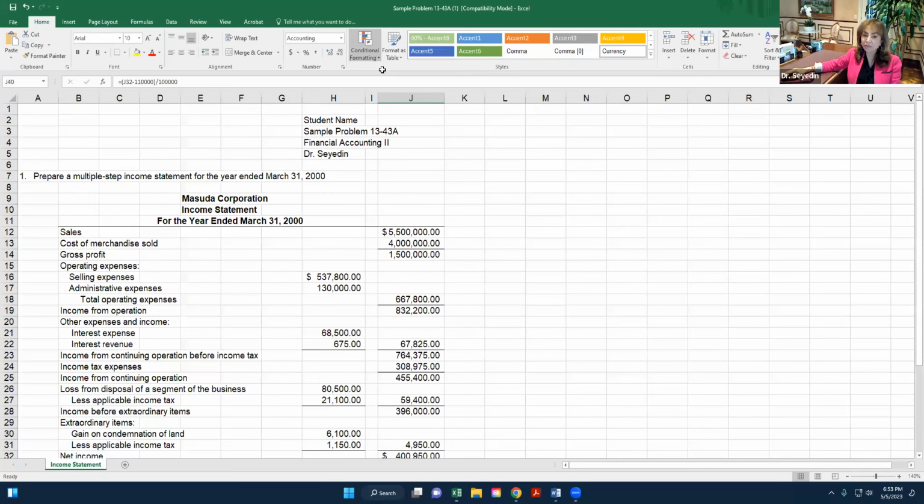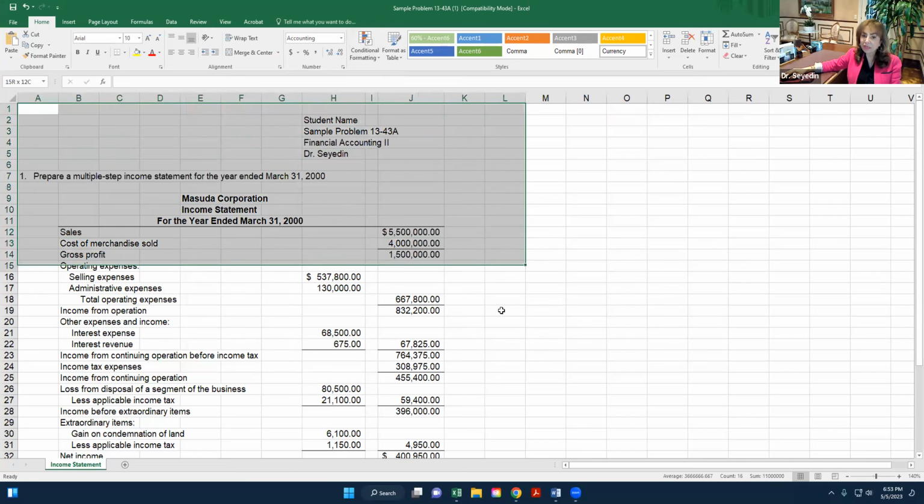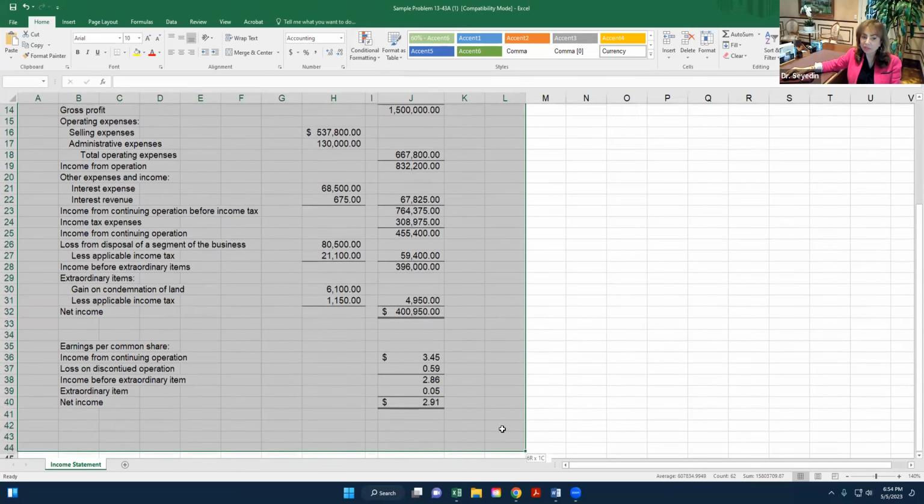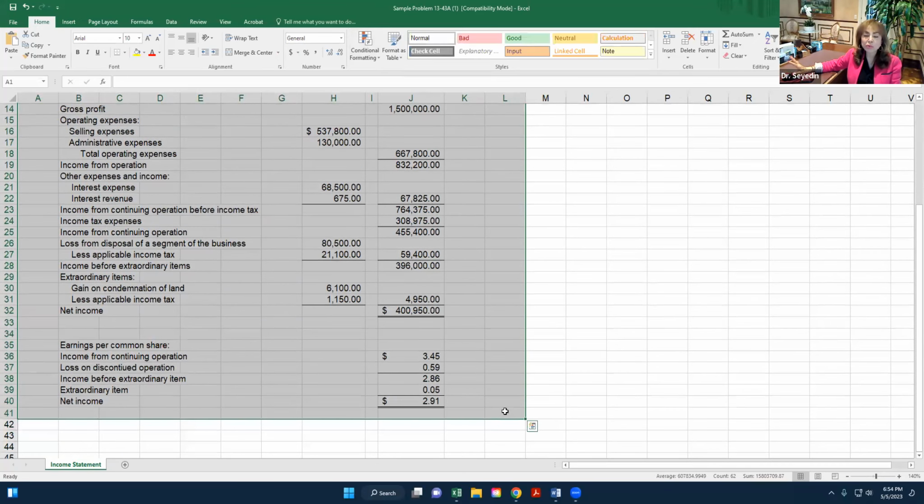Enable editing. Now, let's say that I just want this area to be printed. Obviously, in this class, you don't print anything, but we're doing this so we learn how to do it for our daily life, for our work experience, when you're at work. Therefore, it's important to know how to set your screen for printing. So you highlight the area that needs to go to the printer, and then you go to